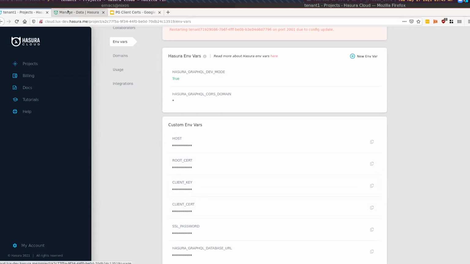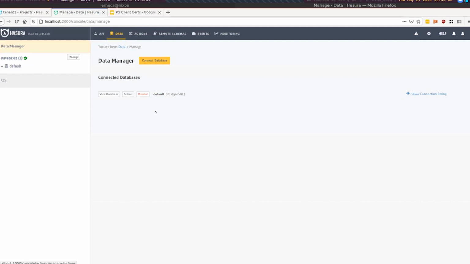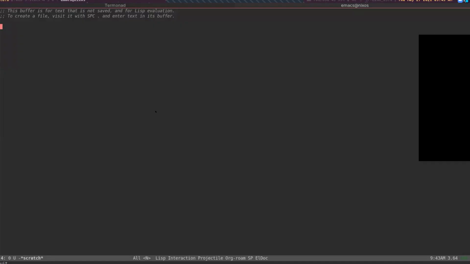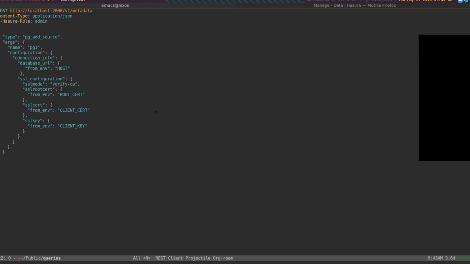And then I'm going to use the metadata API because we haven't merged in the console UI stuff yet. So here I'm going to do a request on the metadata API with pg_add_source, and you'll see I'm using the exact same environment variables: host, client cert, client key, root cert. And I'll just make this request,